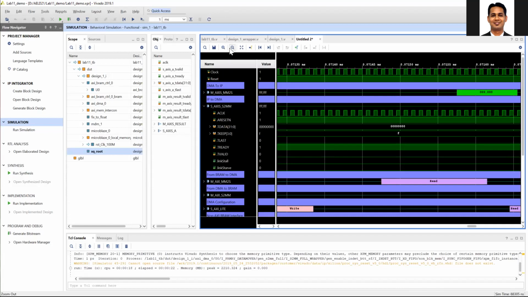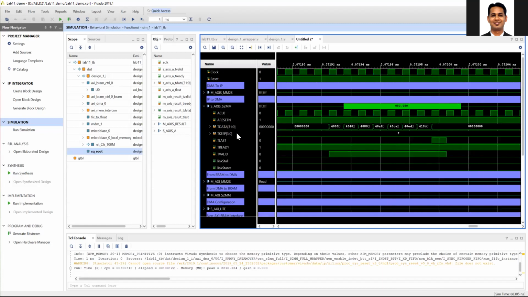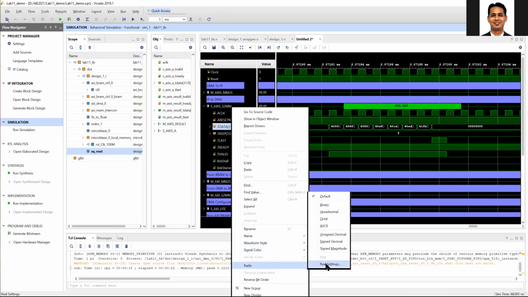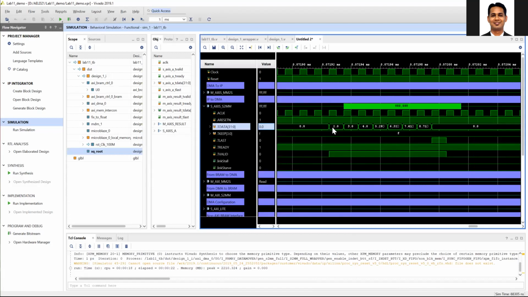If you look at where this is happening, you can see that after some time this transaction happens, and this data is now in single precision floating point. So if you go to the real system, the real precision, you can see that the square root of 4 is 2, square root of 9 is 3, square root of 16 is 4, and then the fractional ones, because the rest of the values don't have a proper integer square root.